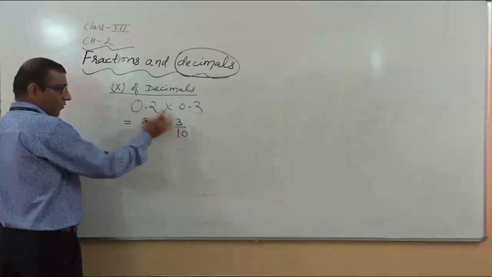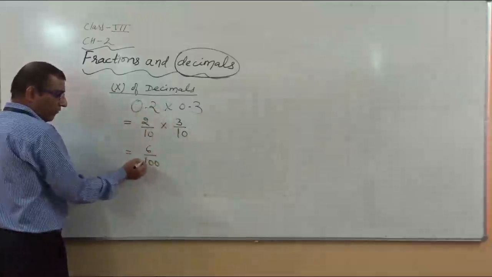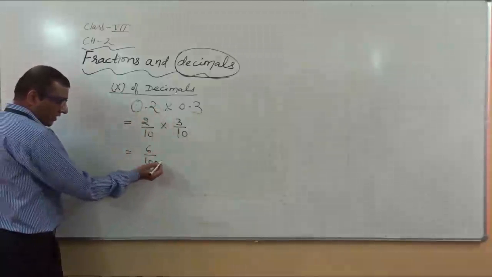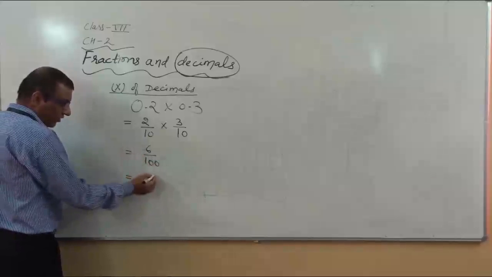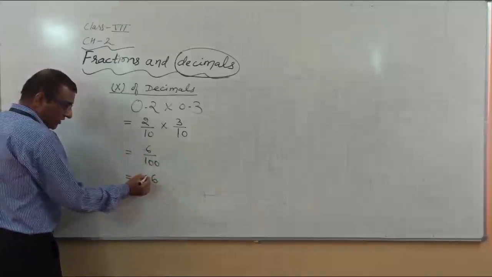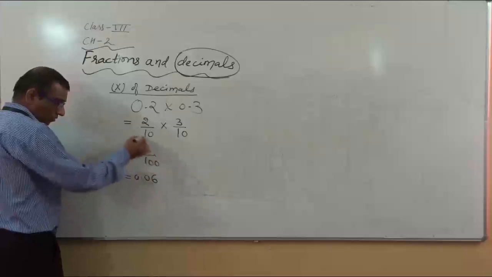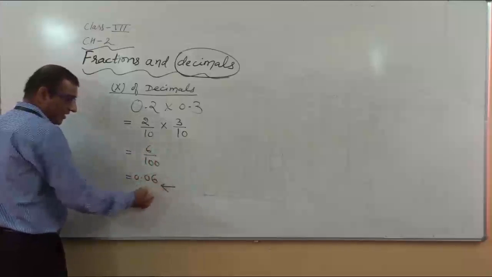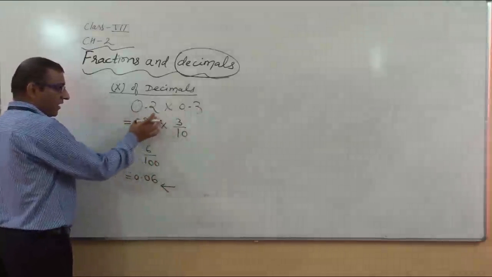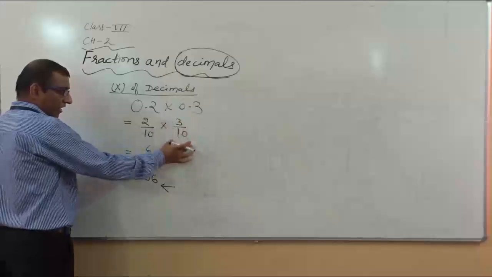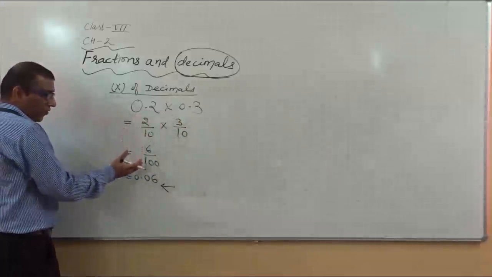Now numerator multiplied by numerator and denominator multiplied by denominator, so we will get 6 upon 100. And how can we solve 6 upon 100? As you see here, 2 zeros are in the denominator. So in the numerator we want 2 digits. So just before 6 we will write one more digit, that is 0, and then we will write the decimal, and all this work we will do from the right hand side. Again I am repeating, first we will convert the given decimal numbers into fractions. After converting into fractions, we will go with multiplication of fractions as I told earlier. So you will get 6 upon 100.